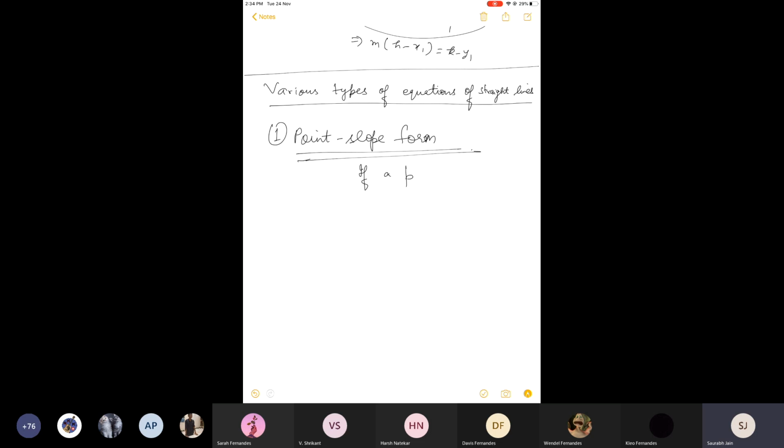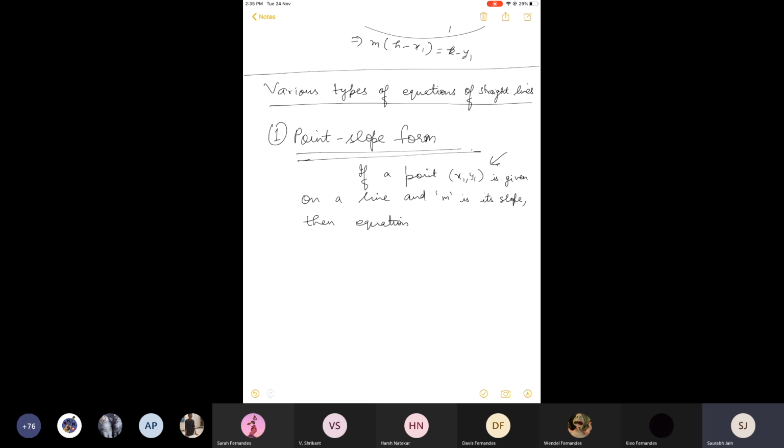If a point (x1, y1) is given on a line and m is its slope, that means this will also be given. Then the equation of straight line is, please note all the forms that we are going to discuss will be linear equation in two variables. Okay, so this point is given means the coordinates of a fixed point will be given